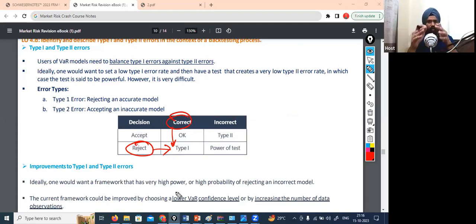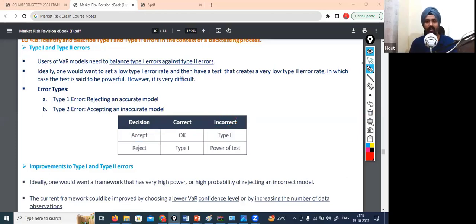Now think from the point of view of a regulator. If you rejected a correct model, it's okay. You can create a new one. It's okay. Nothing bad will happen. I mean, ideally, you will have to work through the modeling and everything again. But just imagine from a regulator's point of view, if you are using an incorrect model of VaR, that's a very, very bad thing